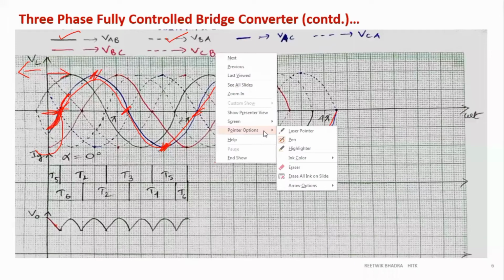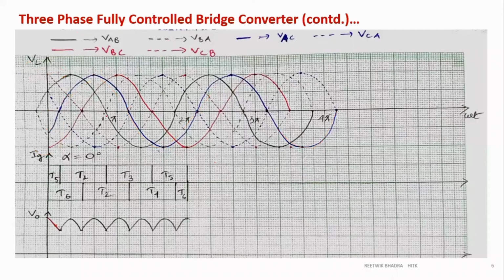What should be our next thing to do? The next thing is the opposite of your blue bold line, so you draw the dotted line. For this positive peak, draw the negative point. For the negative peak, draw the positive point. Then join all these points by a dotted line. Then continue this waveform up to this x-axis.